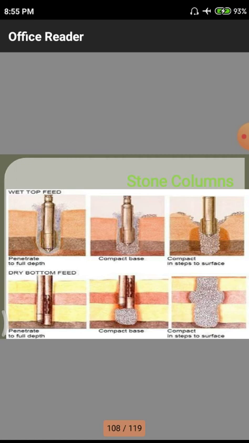In the case of these stone columns, what is a stone column? The total column may be built with stones. That means whatever stones are available cheaply nearer to the fields, those stones will be carried to the particular site and filled at particular levels. After the filling they need to do vibrations. Why? Because the stones have to move in a particular manner so that there will be fewer voids in a particular area. This is the first principle.